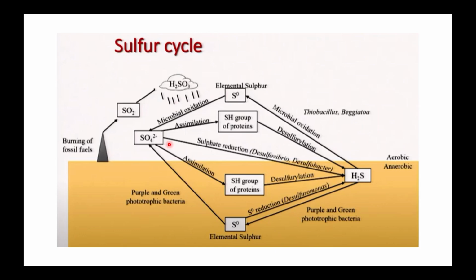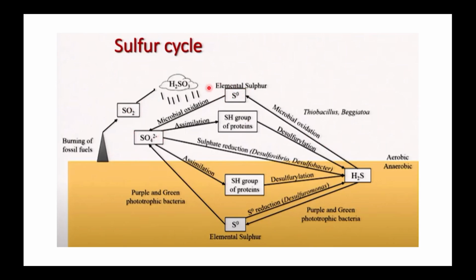Yeah. So basically, two things are happening mainly: oxidation and reduction. Elemental sulfur is oxidized into sulfate, or H2S is oxidized into elemental sulfur, and then it is oxidized into sulfate. Okay, see it in this way. H2S can be either oxidized aerobically by these bacteria or anaerobically by purple and green sulfur bacteria. Then this elemental sulfur can further be oxidized into sulfate.